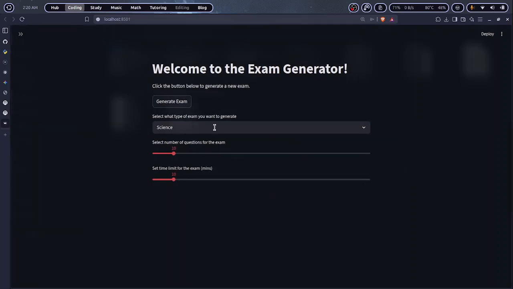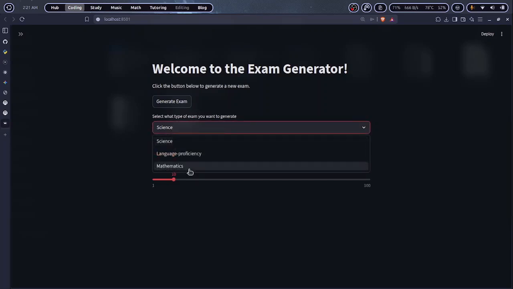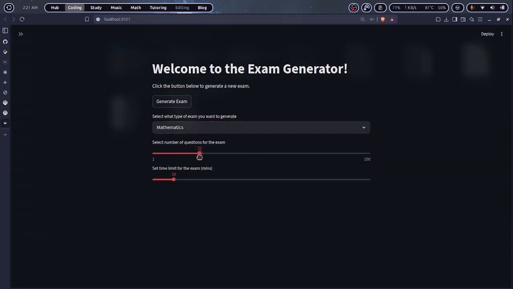There's only 3 options as of the moment, so please be ready for new updates. To try it out, I'm gonna do mathematics, 20 questions, and then 20 minutes. Then it will generate me an exam